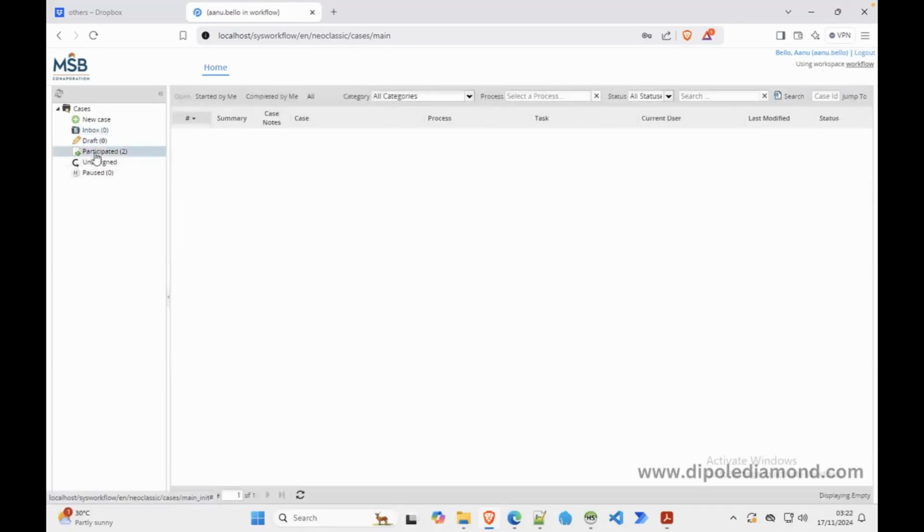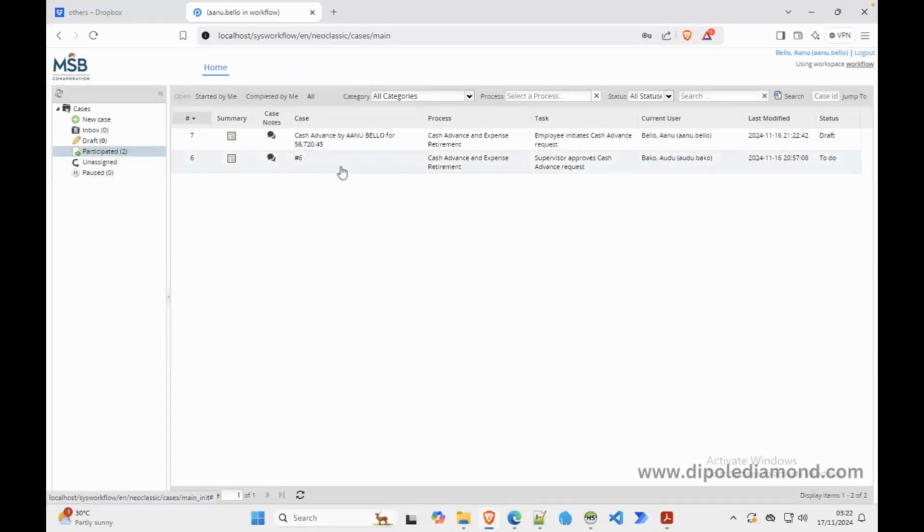Now if we go to participated, see the difference. You see that the first one we submitted, when we had not set the case labels, was just like this. But the second one we submitted after we set the case labels looks like this. So when the user looks at their case list, this extra information that we have placed on the list by the use of the case label enables the user to differentiate one cash advance and expense retirement case from another. That's the relevance of using